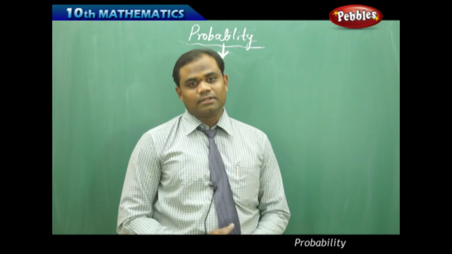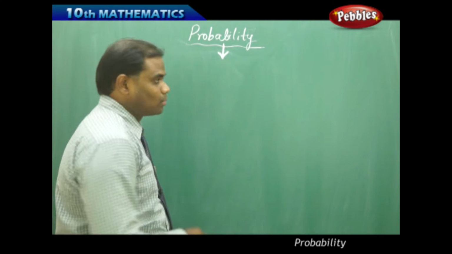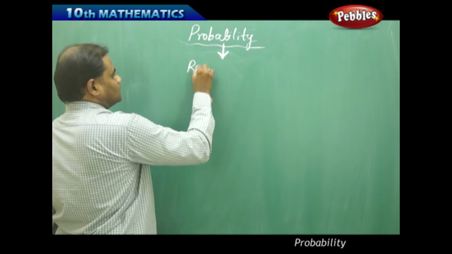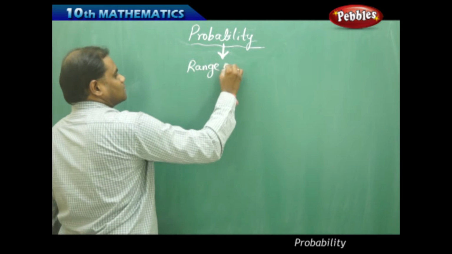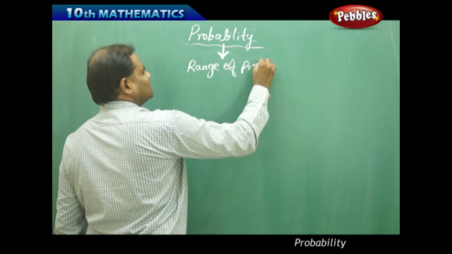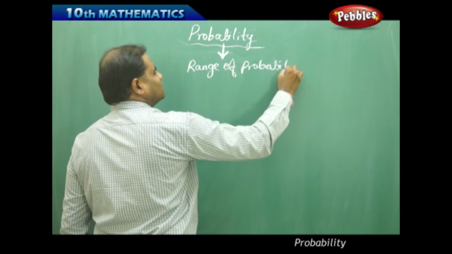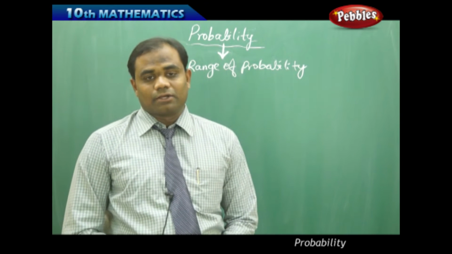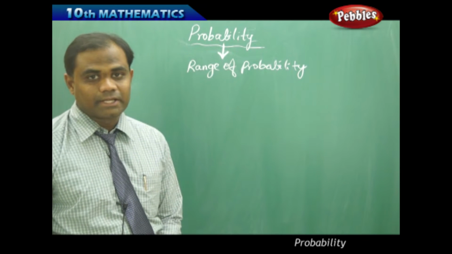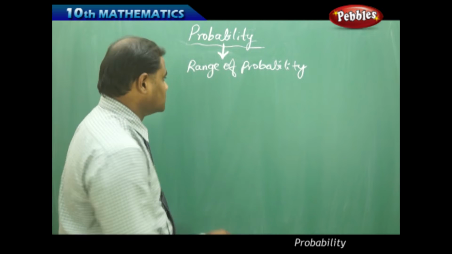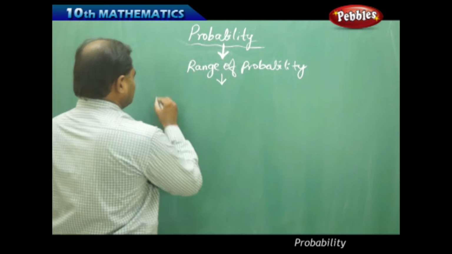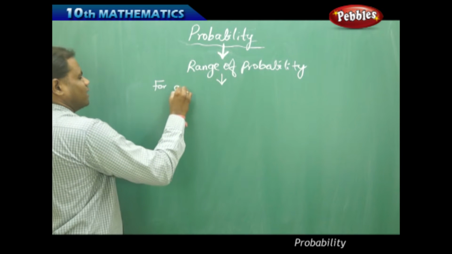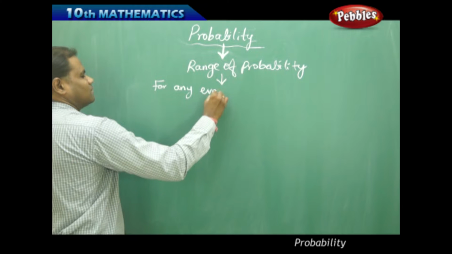Now in the session, let's see the range of probability. We need to understand the range of probability through the general understanding of probability. So let's recap with the definition of probability. To start with, we have for any event E,